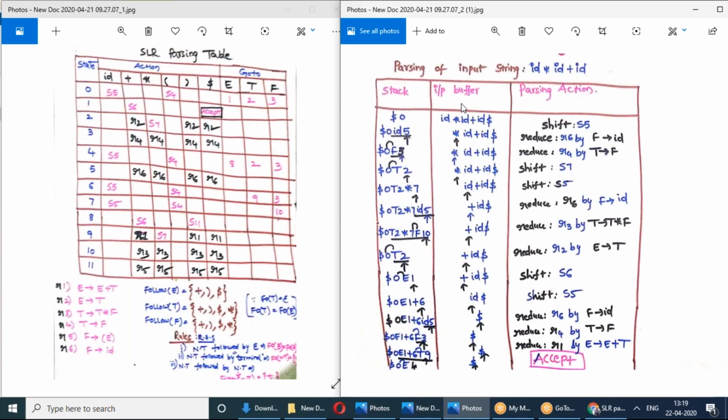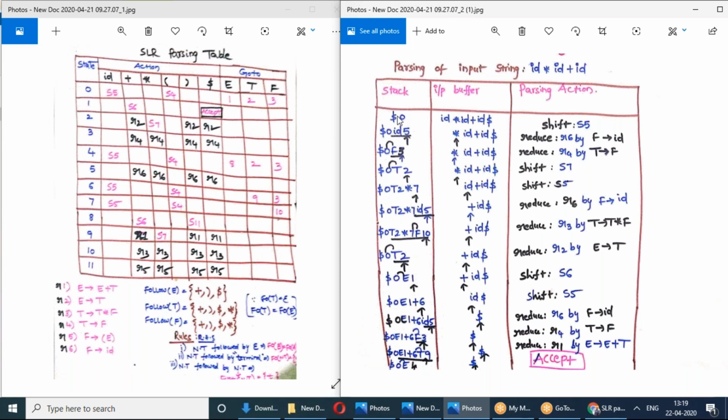The stack initially has $0, and in the input buffer we keep the input string, id star id plus id. At the end of the string we keep a dollar. This is the input string in the input buffer, and this is the 0 on the top of the stack.